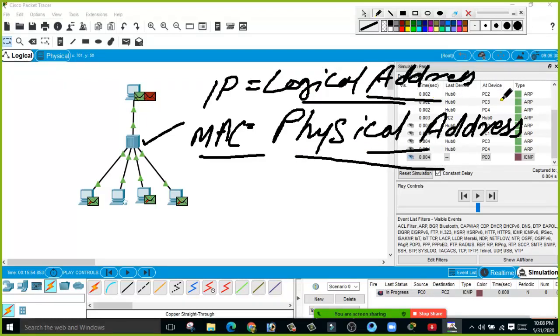This is the main difference. A MAC is also a unique ID. All of these computers have a unique ID that is also called a MAC.